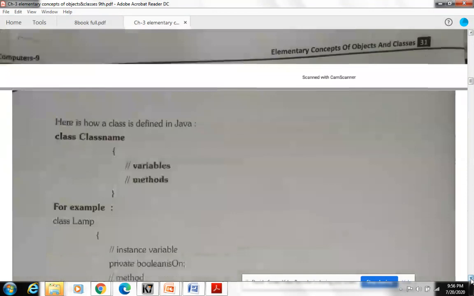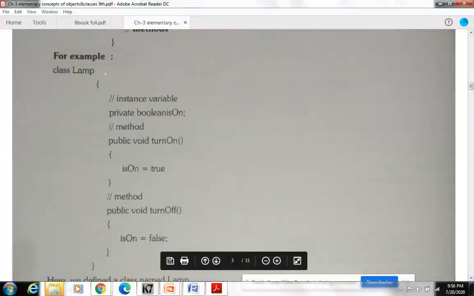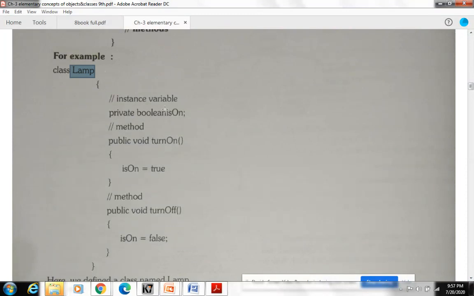See, it is showing you an example, this class Lamp. Lamp is the name of the class. It has this variable, boolean is on, and it has the methods turn on and turn off.